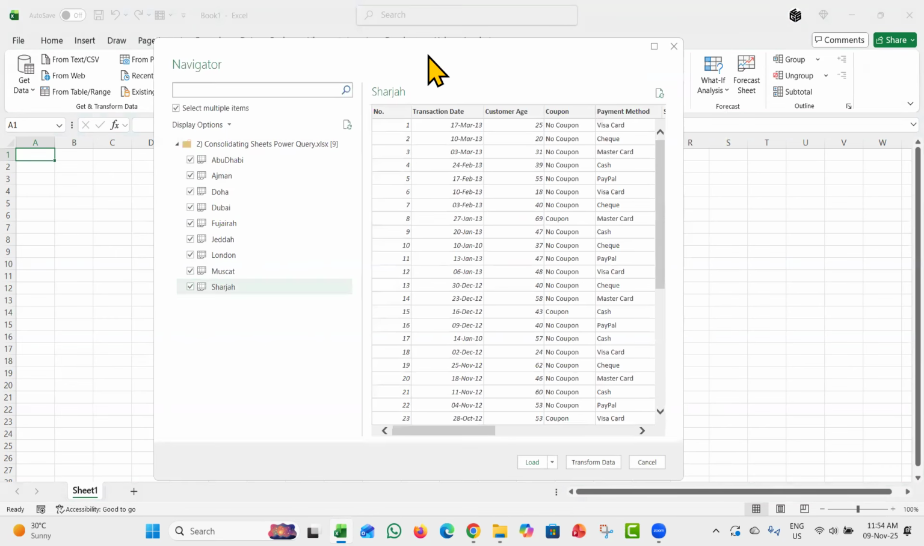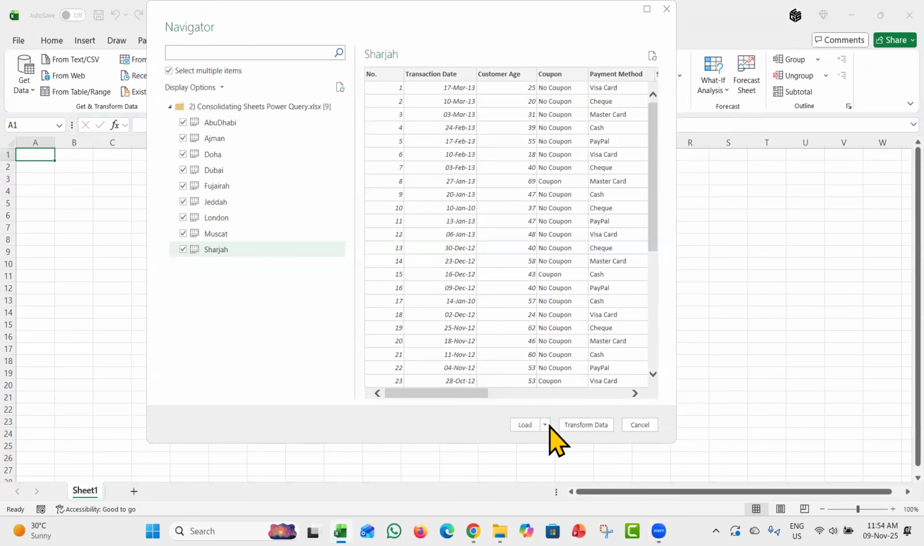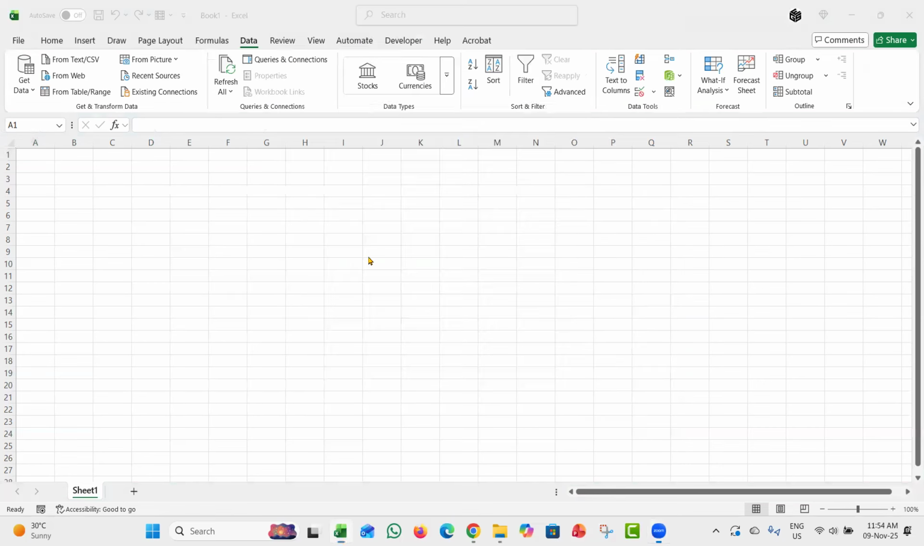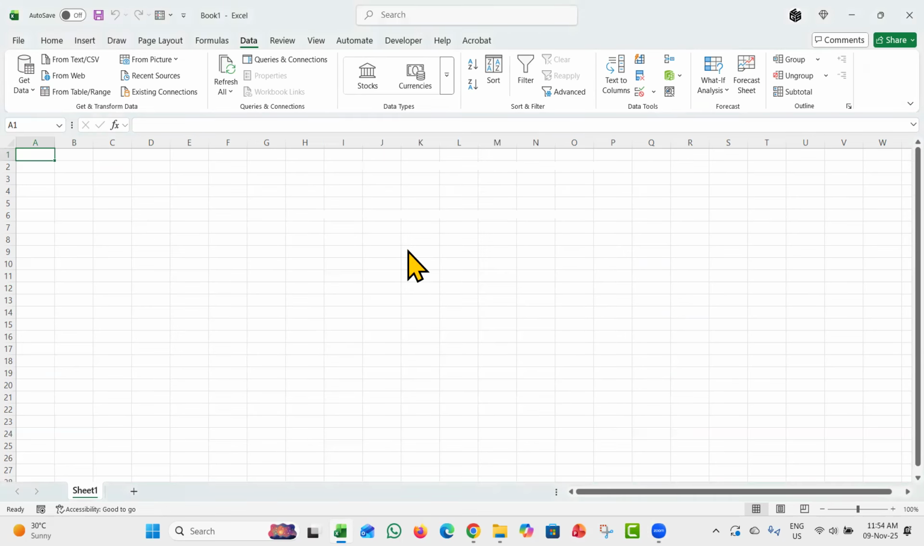Now here friends, if you observe at the bottom, there is an option load. We click on the drop down of the load and there is an option load. So I click on the option load. As soon as I click on load, it is checking all the sheets